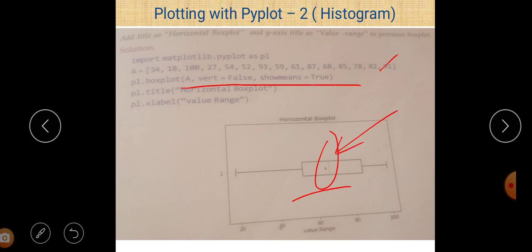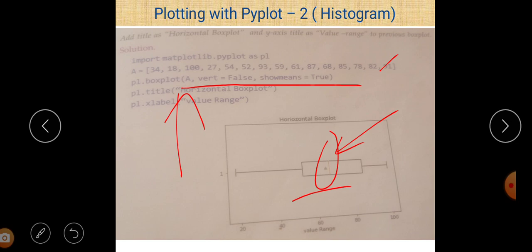After that, if we want to give a title to that box plot, there is a method named title here. So just write pl.title because this belongs to matplotlib.pyplot, and within the parentheses write the title within double quotes.